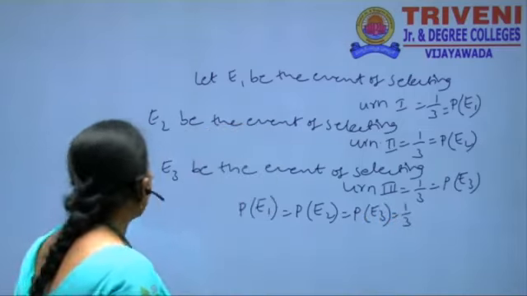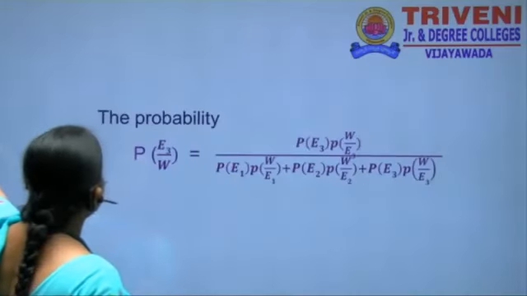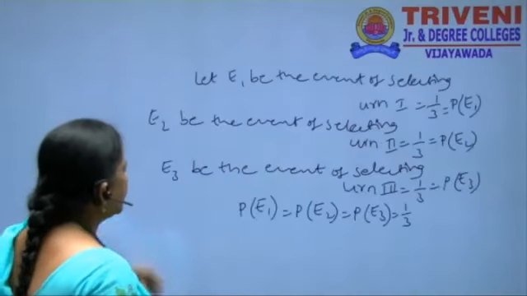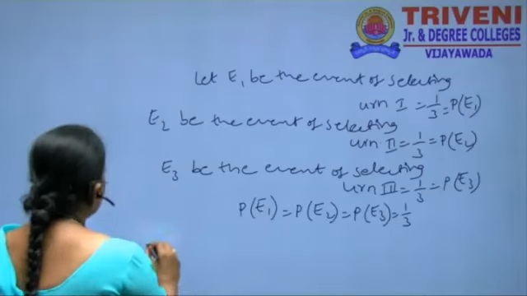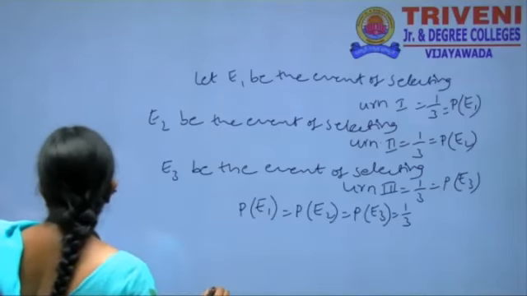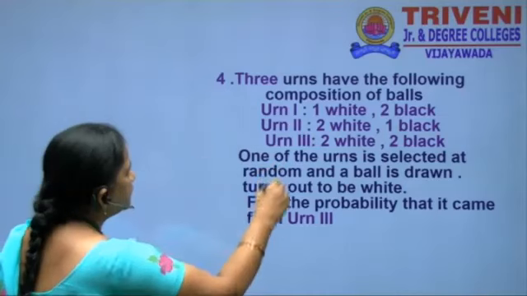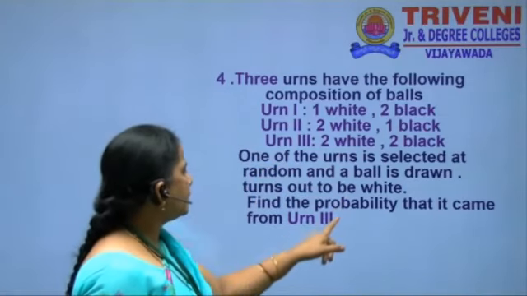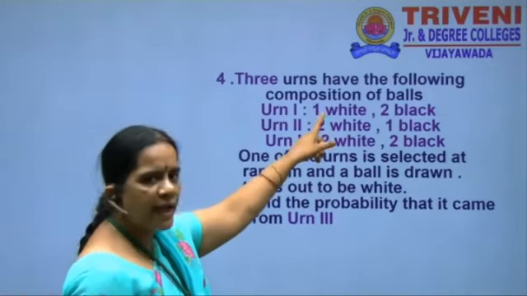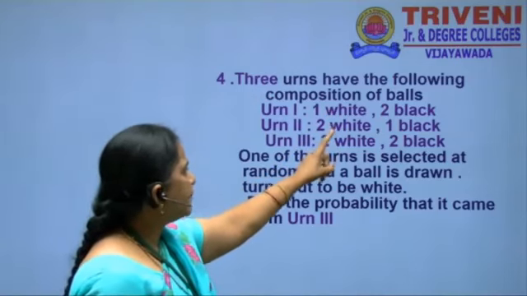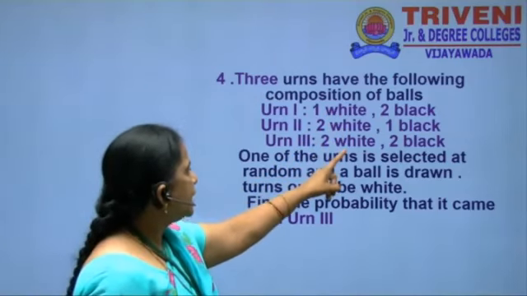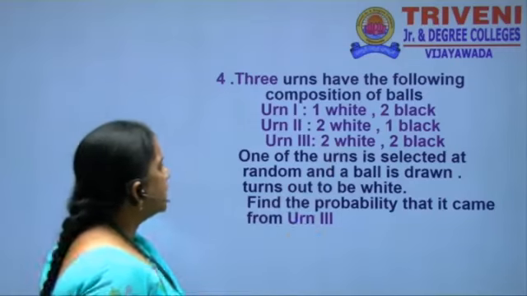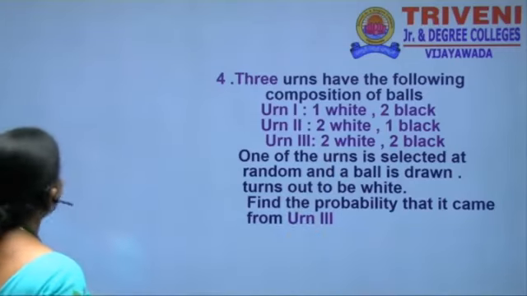Next we have to select that the ball is white. How many bags are there here? We have to take it as 3 bags. How many white balls here? First bag has 1 white, second bag has 2 white and third bag has 2 white. Here W be the event of